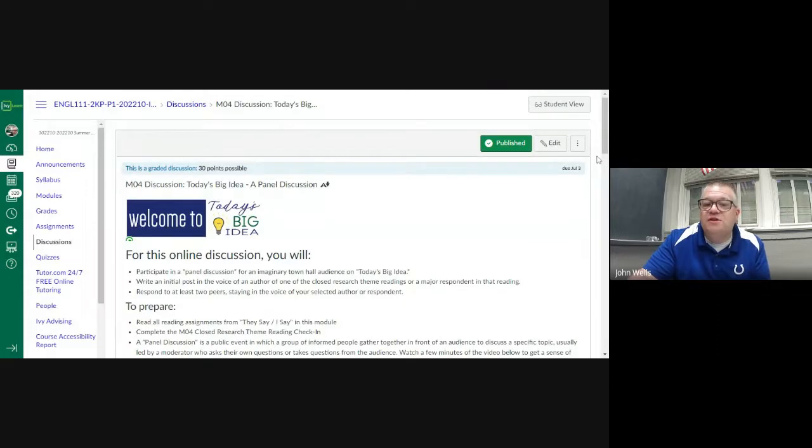Then we have our first discussion board. Like we talked about before, for the discussion boards, the best course of action is to post early in the week and then do your replies later to get the most possible points. You're replying to more than the minimum of 2, on multiple days, showing that you're coming in and out of that conversation, okay? And each of your posts should stand on its own. They don't just say, yeah, that was a good idea, but they expand on that. They ask questions, they build and continue the conversation.